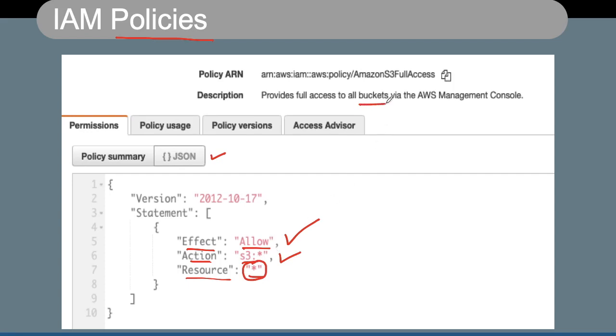We have something called buckets, which we'll discuss further. So the user will be able to access buckets, look at the objects, delete the objects, create the objects, and upload the objects. It will be able to do each and everything in the S3 service. However, if I give this policy to somebody, he will not be able to access the resources in EC2, so he will not be able to create an EC2 instance. If you are not sure what S3 and EC2 are, don't worry. We are going to talk about all these things one by one.